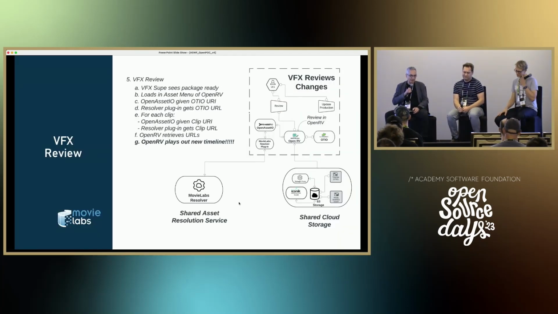Anyway, so what we just saw, kind of under the covers, maybe Tom, you can take over from here on OpenAssetIO as to how things worked inside of OpenRV. Yeah, sure. So OpenAssetIO functions as an asset resolver in the space, similar to one you may find in USD. And it's particularly critical here because the OTIO file doesn't have file paths in. It has these identifiers that point to the specific asset that we need to load for each clip.